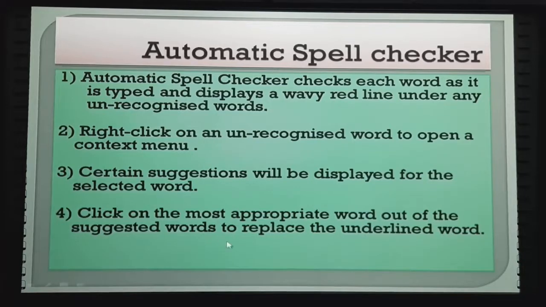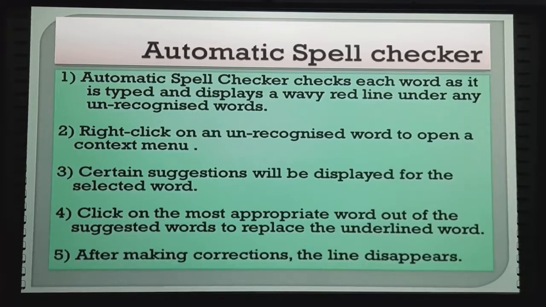Based on this we select the most appropriate word out of the suggested words, and it will replace the underlined word. This is the working principle of the automatic spell checker. After finally making the correction, the wavy red line will automatically disappear because we have already corrected our text. Fine.